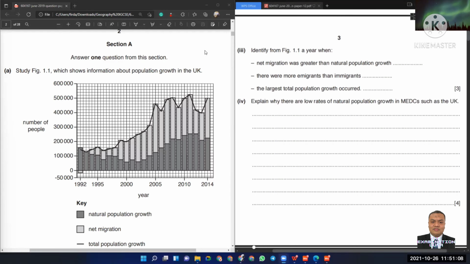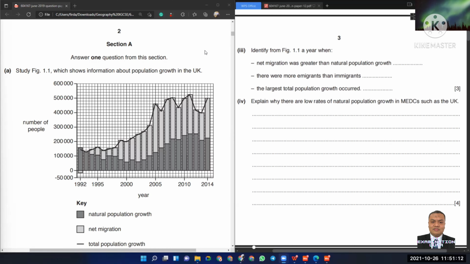Okay, now we move on to the next one, which is I would say that this is one of the most interesting question. Number 4, it says explain why there are low rates of natural growth population in MEDCs such as the UK. First of all, I need to explain what is MEDCs as well as what is LEDCs. Okay,